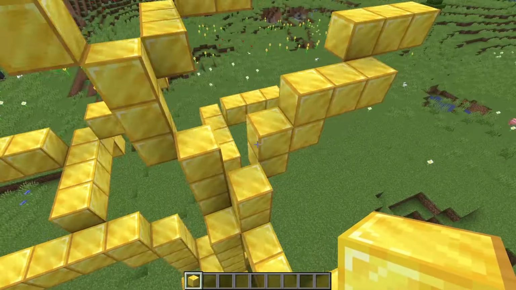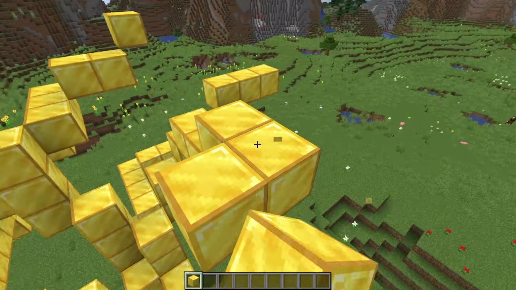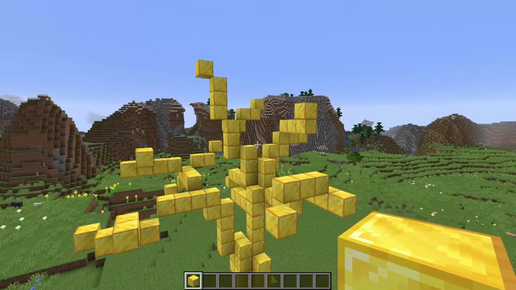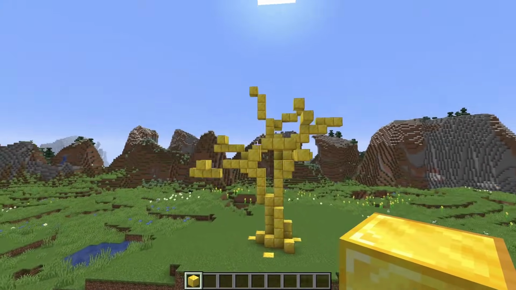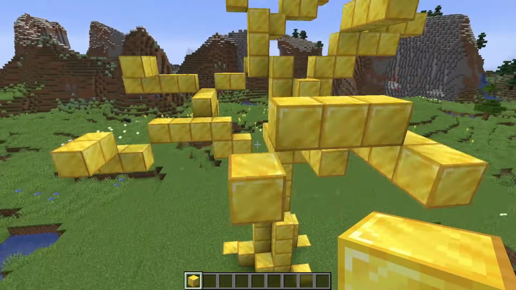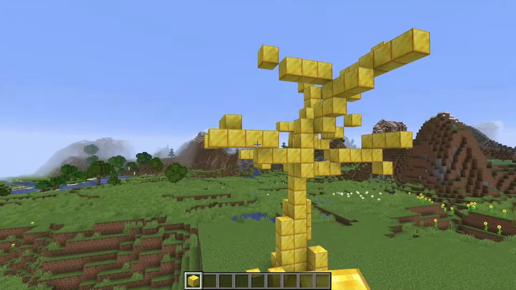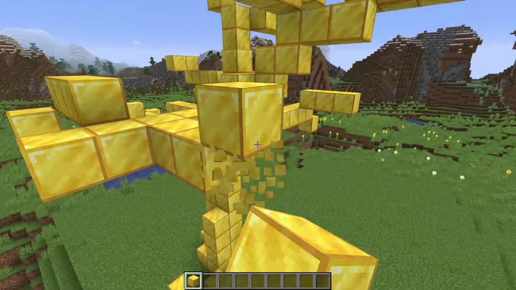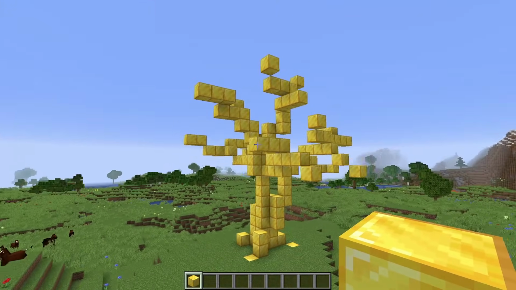This is my personal favorite way to build a tree. I think you get such lovely shapes and full coverage, but I will show a couple of different techniques in this video. This looks a lot better and a lot fuller now, although I think this is maybe like one block too tall for the tree. That's better. Let's do another circle and make sure. I think right here could use another little branch perhaps. Yes, that's good.